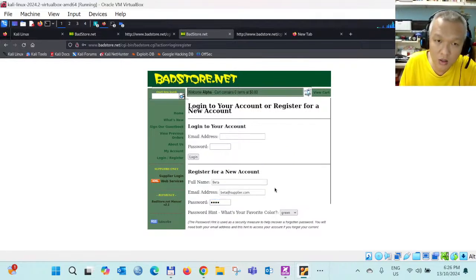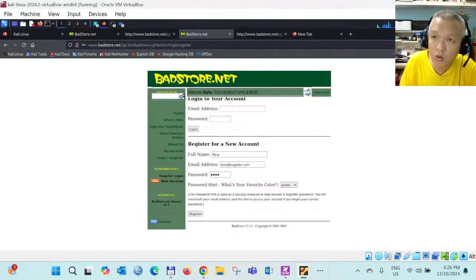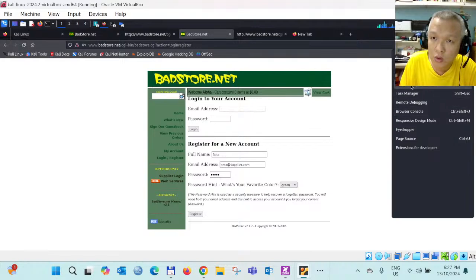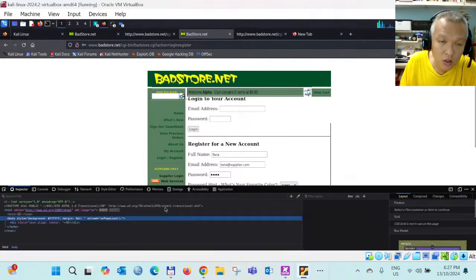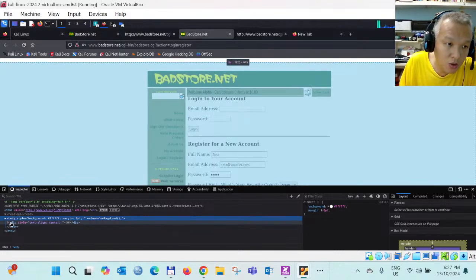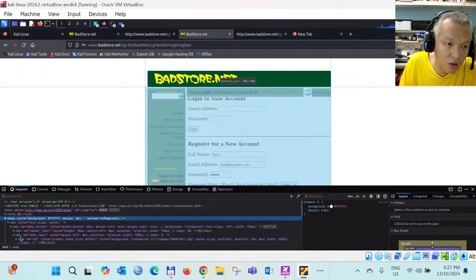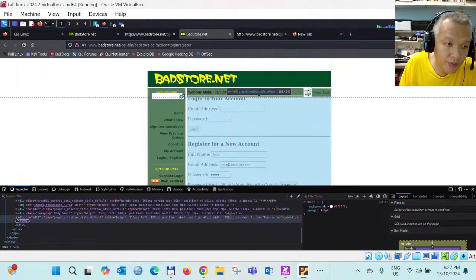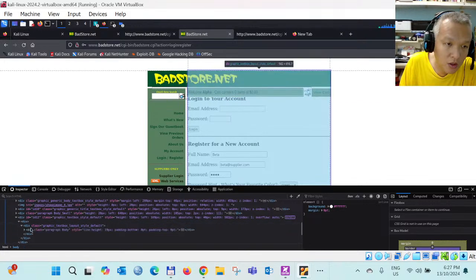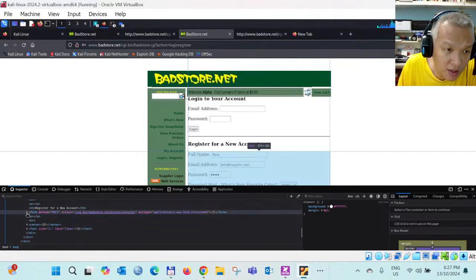So that is another way: you right click, you go to more tools, web developer tools. Then from here you go to inspector. You need to slowly navigate to the register one, if I'm not wrong,